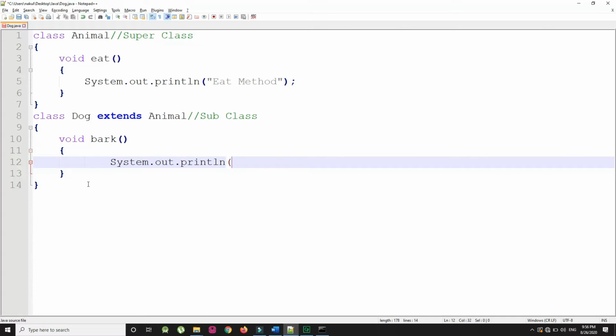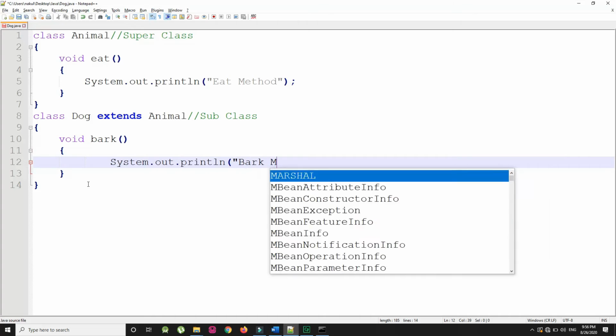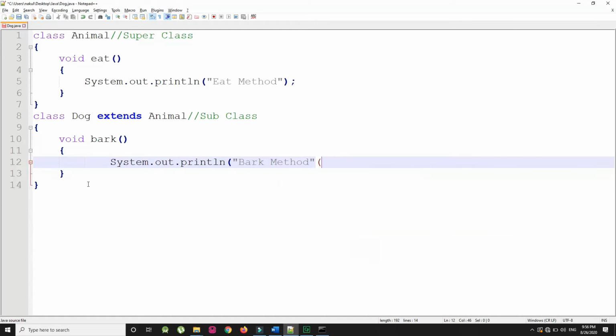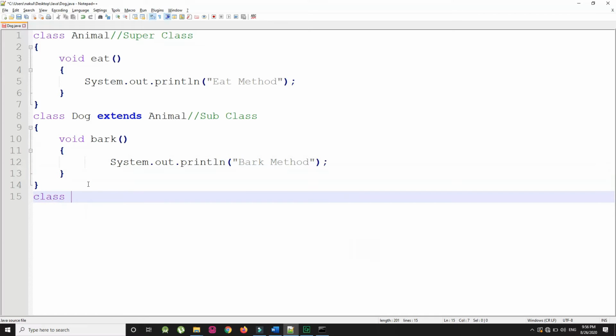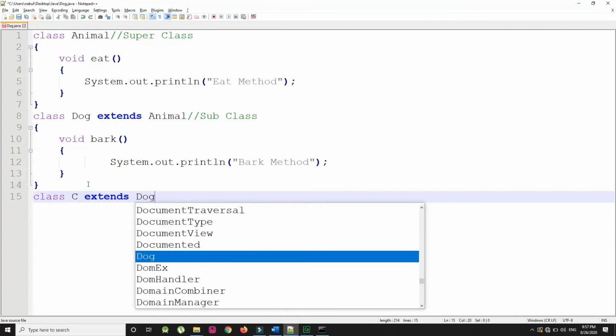And then I am going to create another class that is class C, and that class C extends the properties of the dog class. So I am going to write class C extends dog. Okay.